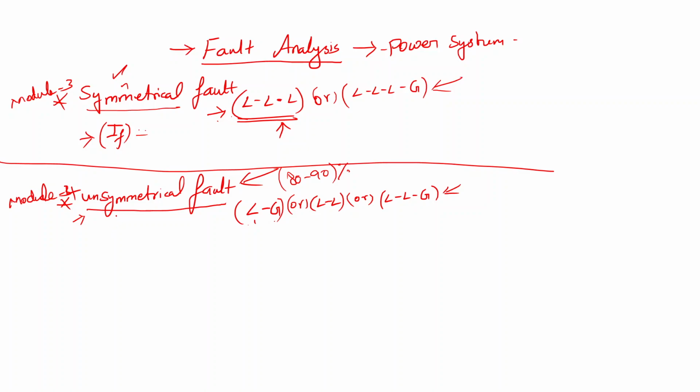Okay, so we need to find the suitable breaking circuit breakers at different locations, not only a single location, on the power system network, by calculating the possible maximum current flow during fault occurrence. This is what is called fault analysis. So now you understand what fault analysis is, why we are doing it, the different types of fault analysis, and some important concepts on fault analysis we have discussed.